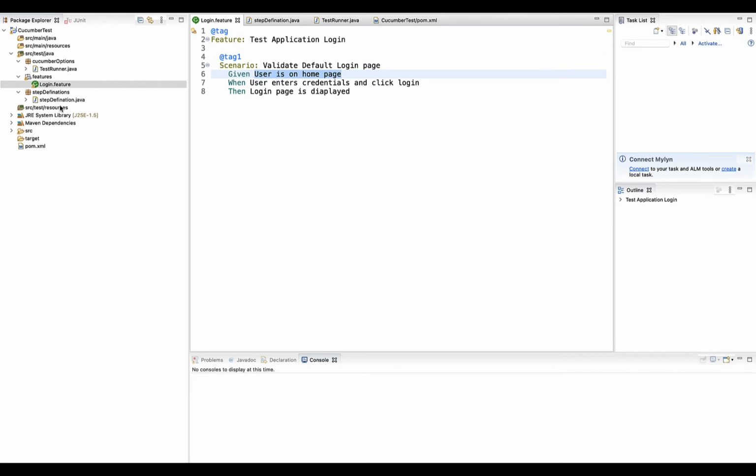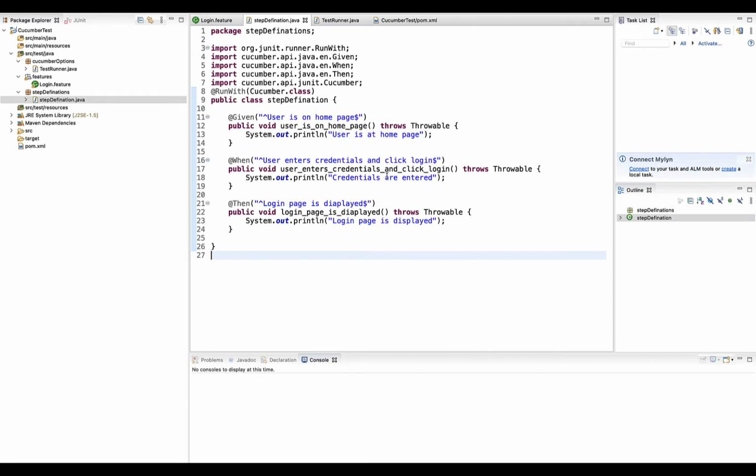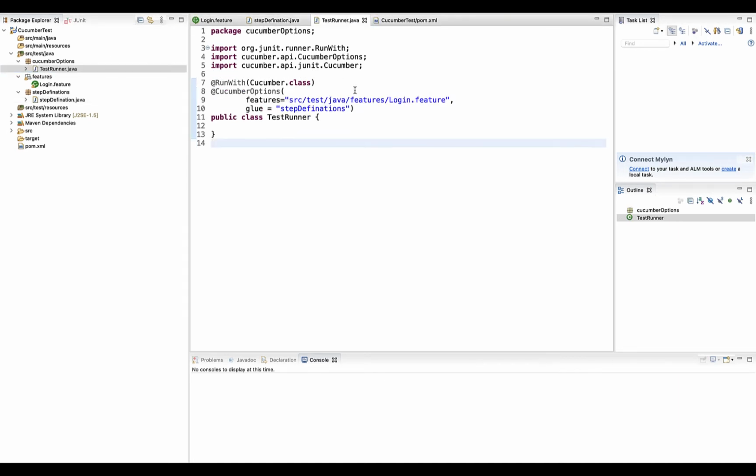If you go to the step definition page, you can see I have not written any actual Selenium or Appium code to check the functionality via automation. It's just a system output statement that we are going to check on the console. Then we have the third part, the test runner, where we run the test and provide the feature file path as well as the step definition package via glue.